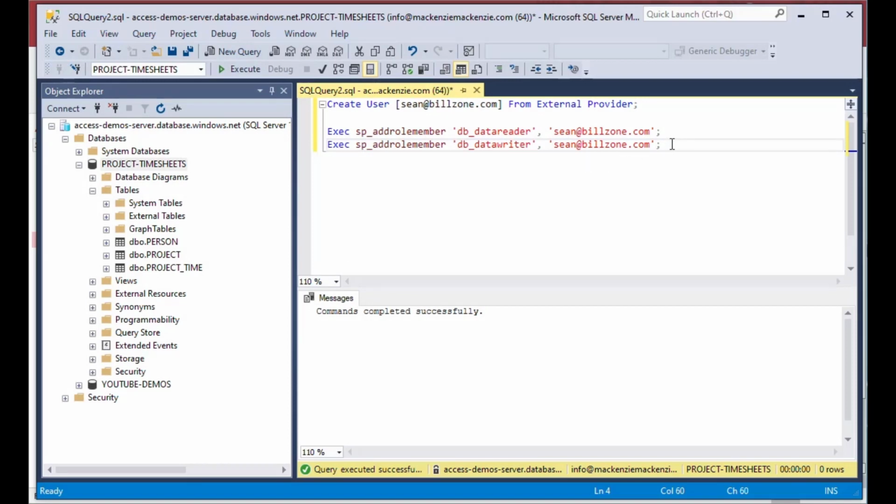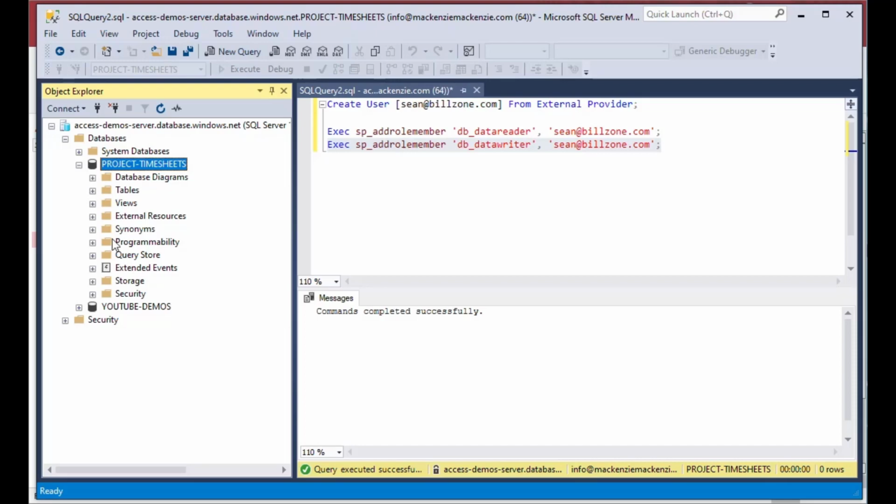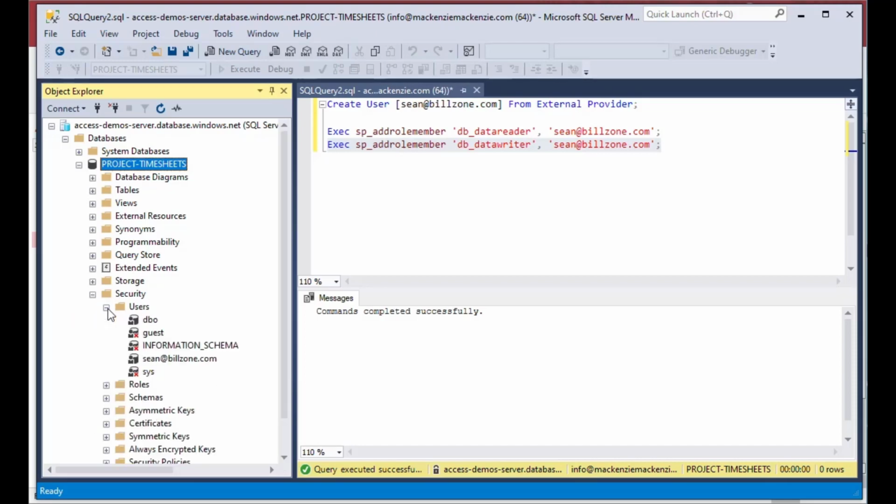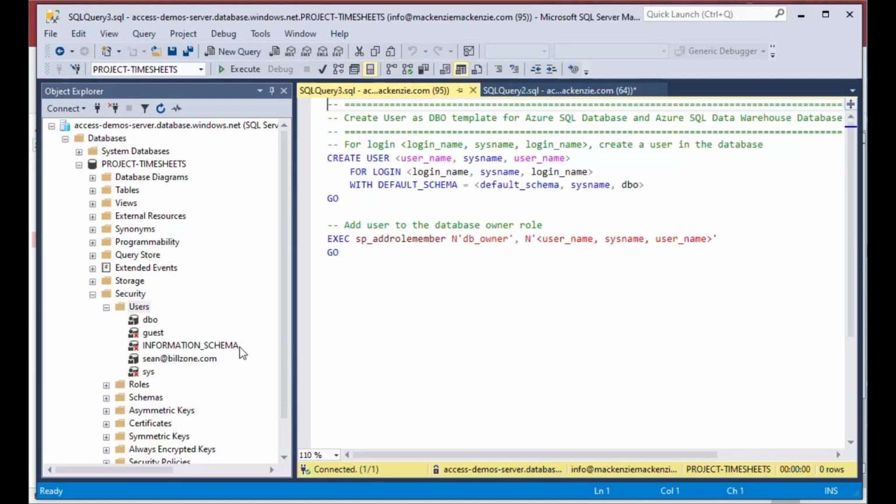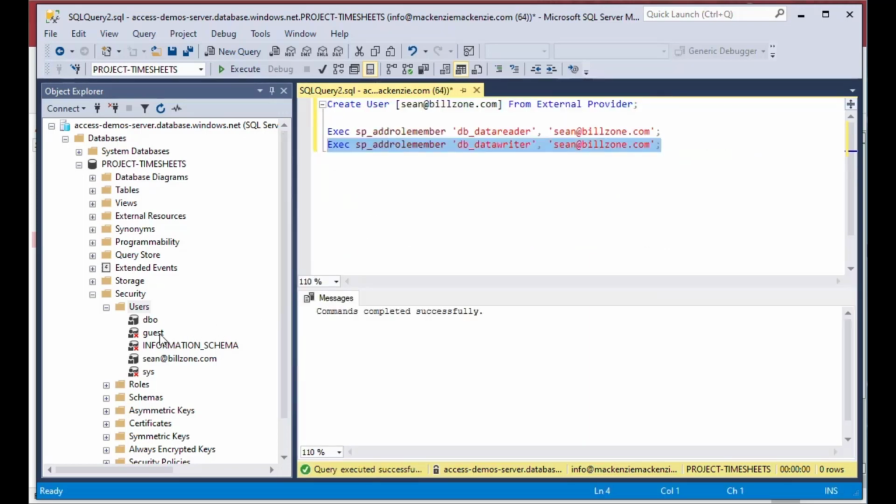And if you wanted to reduce the security on somebody in this particular case, you could go back to your database in your SQL Server Management Studio here, and you could either go into security. So if you don't want to do it using code, you can add a new user. If you wanted to add a new user, it'll start the script for you. If you wanted to, you could delete that Sean@billzone.com user,